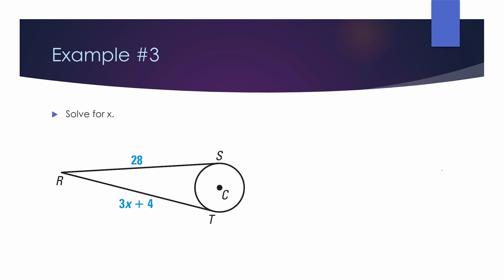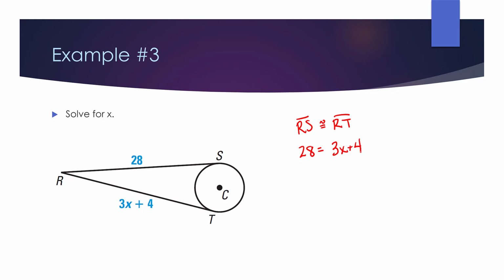So here we go on example 3. We're going to solve for x. So again, if I was to rotate this 90 degrees, you could see our ice cream cone, where you have the cone as that triangular part and then the circle being the ice cream, which means that these segments need to be congruent. So RS would need to be congruent to RT. So in geometry terms, we use congruent, but algebraically, we would use equal. So RS is 28. That's going to equal RT,